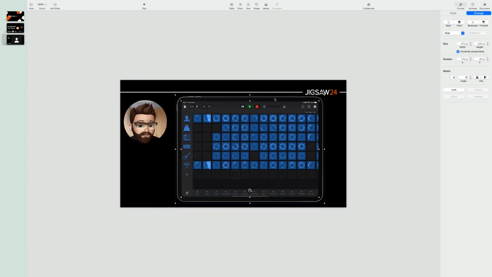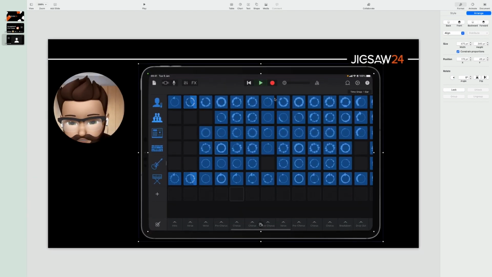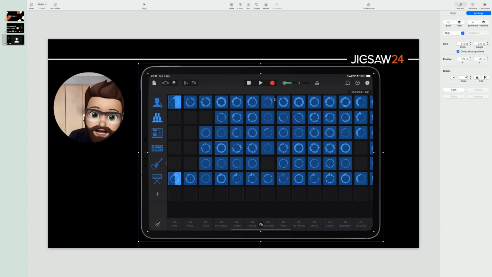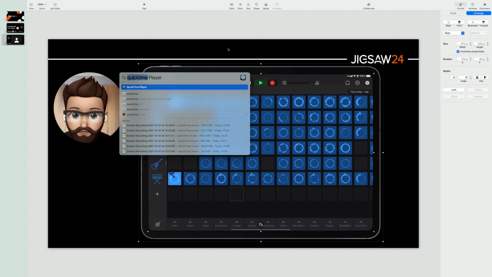Now, one thing to bear in mind is that when I start to play my iPad now, you will notice there is a problem. There's no sound coming in. So if I'm going to demo using an app that has sound, I'm going to need that sound to come in. Not to worry, there is a workaround for this, and if you simply open QuickTime